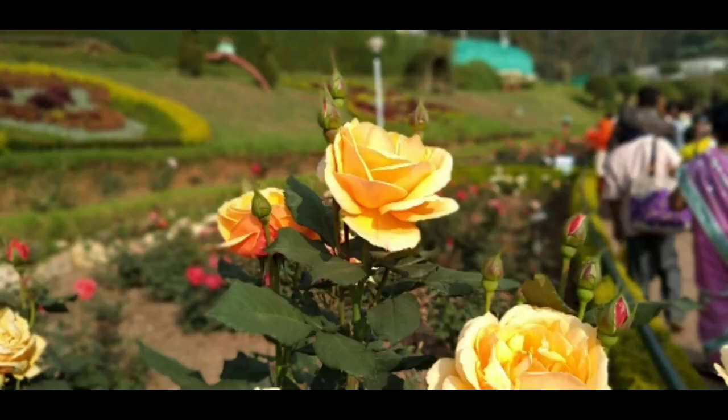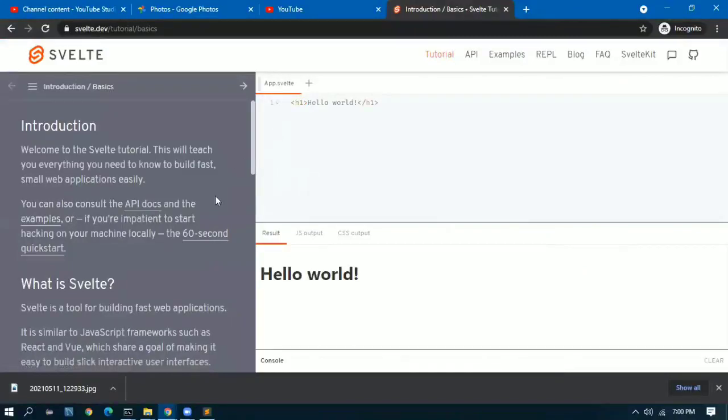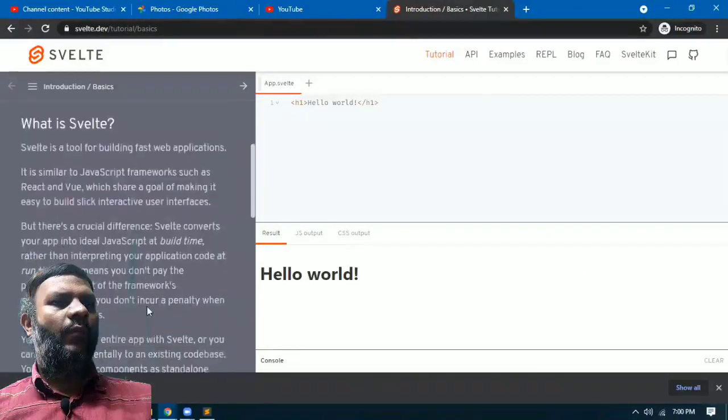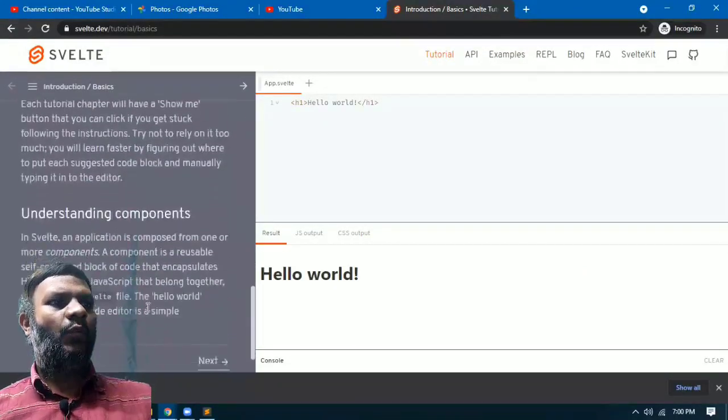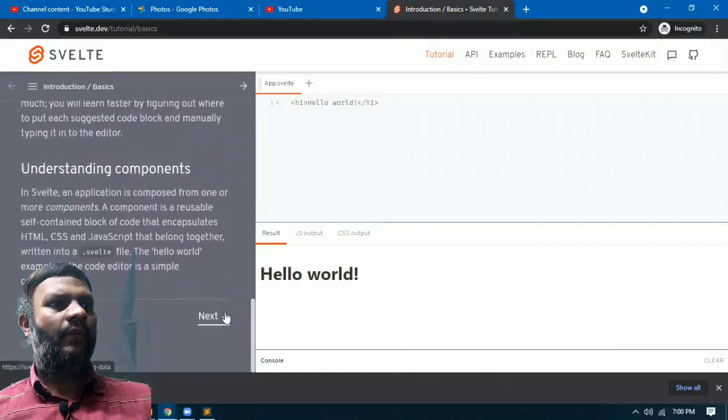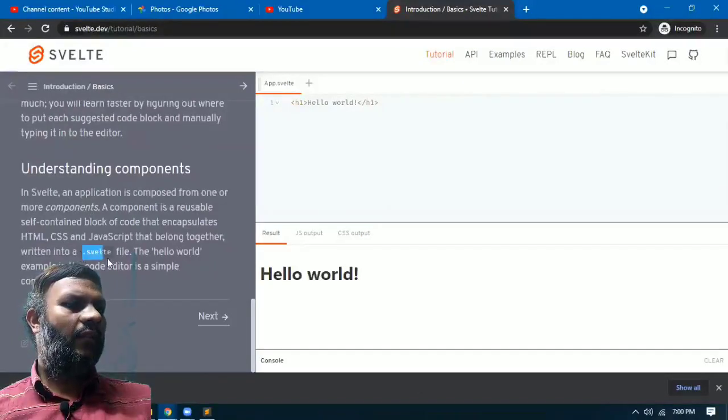Now coming back to Svelte. They have provided a neat way to test out Svelte. There is an online compiler, so we can go there, and the basic program is there. Let me go there.